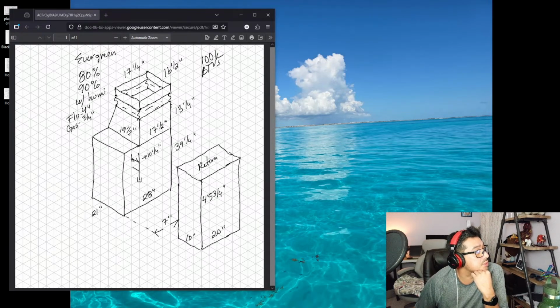I'm pretty sure this is it right here. See if we can find the specs to this guy. If we can find the book to it, I'll show you the book. That way we can go over it together and see